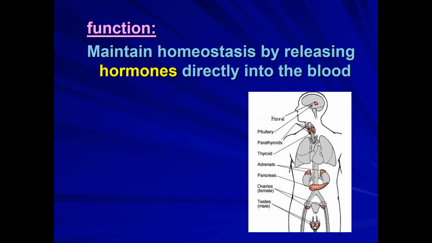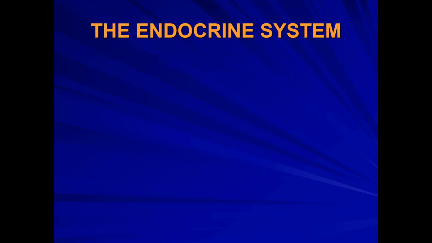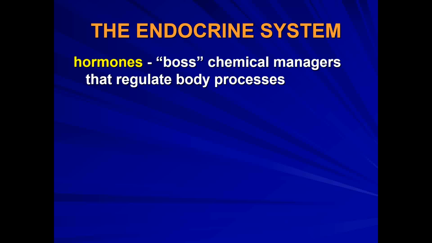All of the glands of the body are going to release specific hormones. In this chapter, we're interested in the anatomy of those glands, where we find them in the body, and then what specific chemicals, what specific hormones, each of them secretes. Hormones are like boss chemicals in the body. We often refer to them as managing or regulating body processes, but they're essentially the boss. They're going to tell other body parts, other structures, other organs what to do.